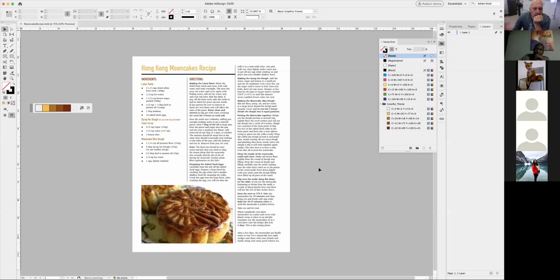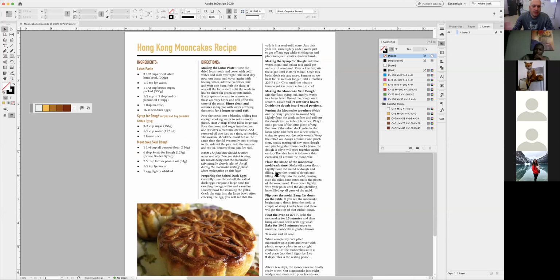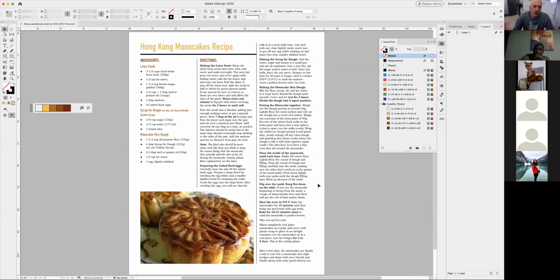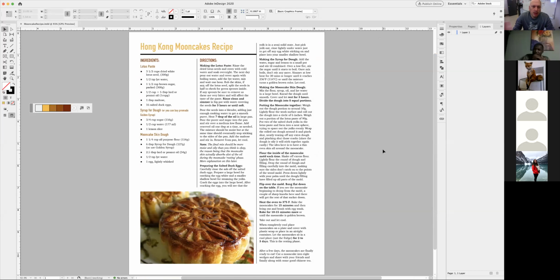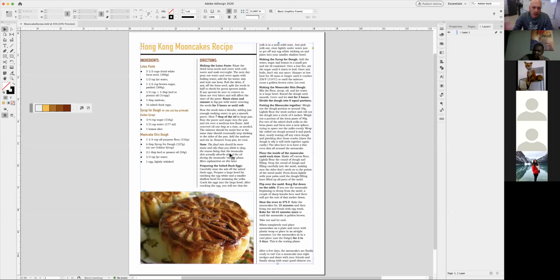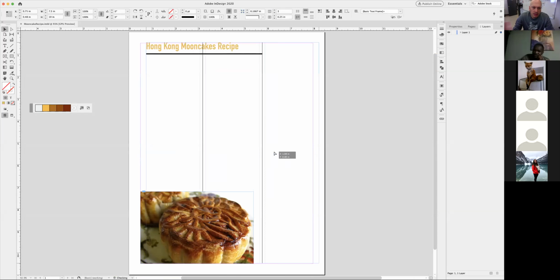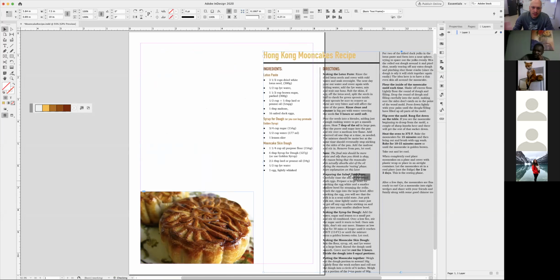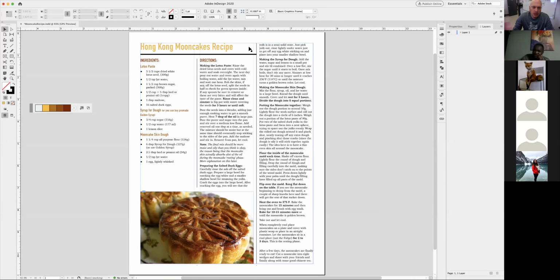All right, so this is a quick little tutorial on how to create something like that. Something basic, a little recipe page. Doesn't look like much, but this is how it's built in one piece. How do you do that with all those lines? So I'm going to show you how to use rules, how to use and edit paragraph styles,